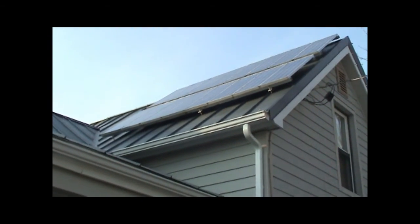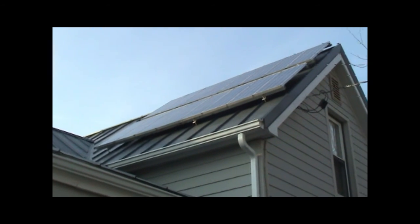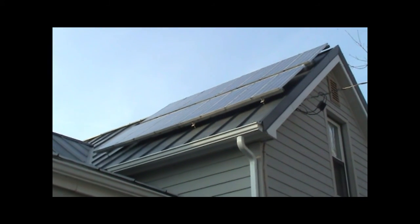We're doing actually a pilot program with them right now. Actually, I'm meeting with them tomorrow morning on a net metering program that we've been doing for the past year. Net metering basically